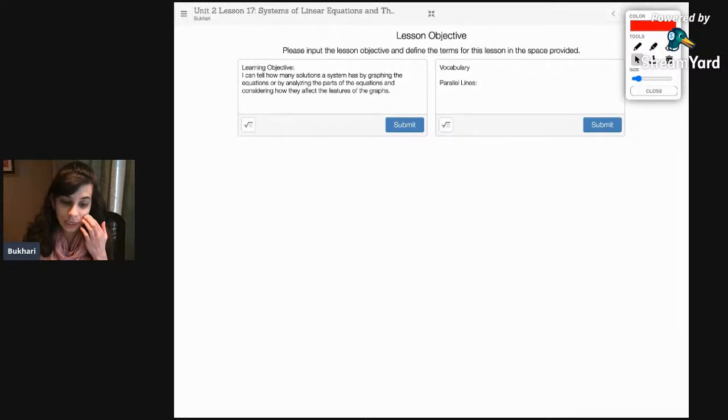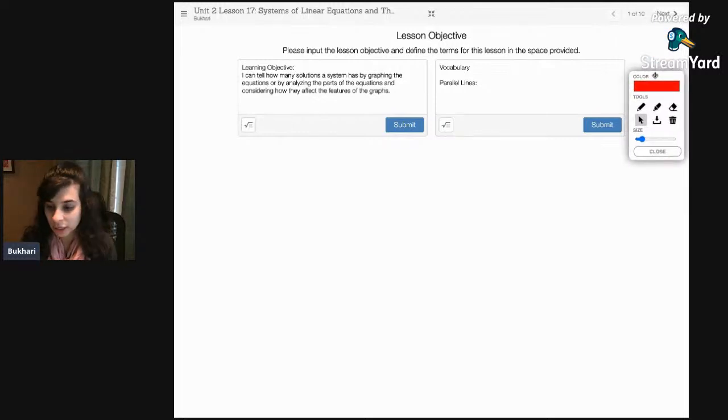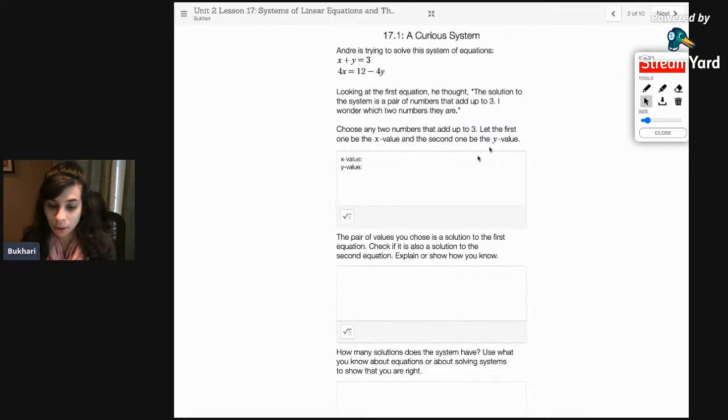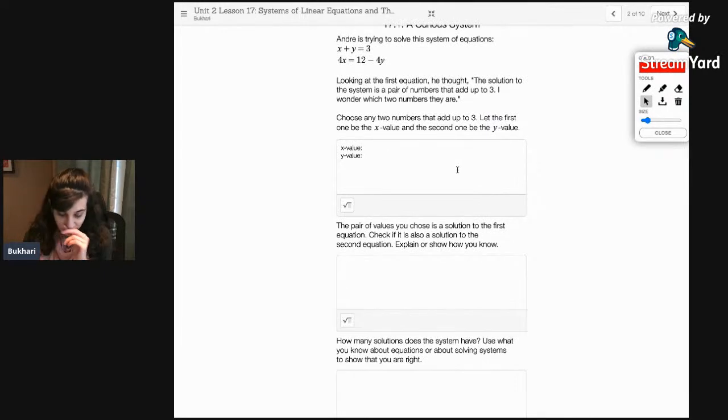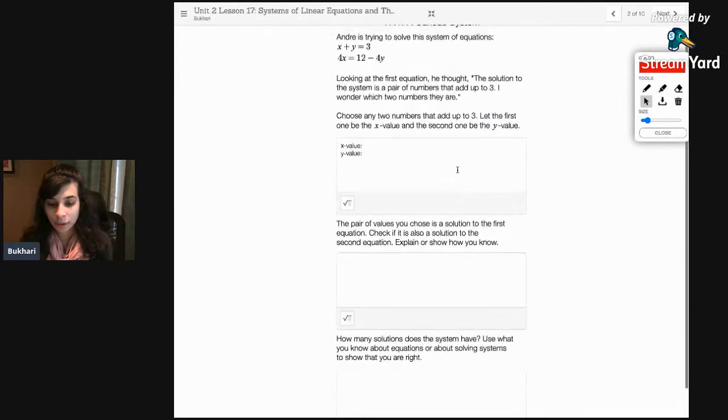Now this is the lesson where you're going to get some answers, right? So our learning objective today is, I can tell how many solutions a system has by graphing the equations, analyzing parts of the equation, and how those affect the graph. And so today is a bit of exploration, right? Seeing what we know about our equations. And so take a look at our first